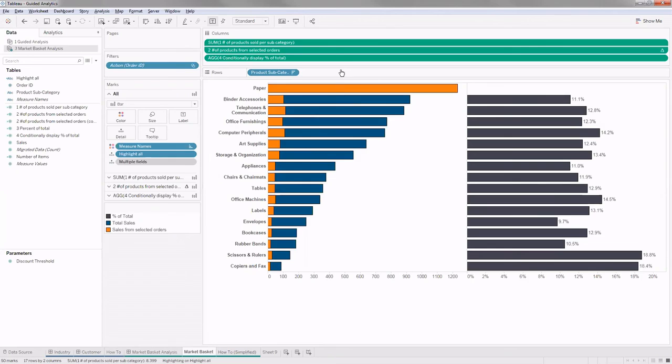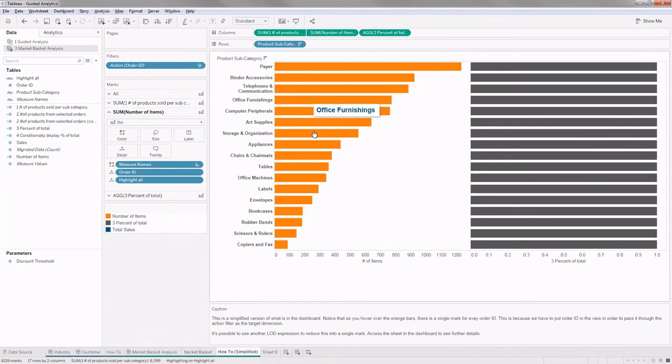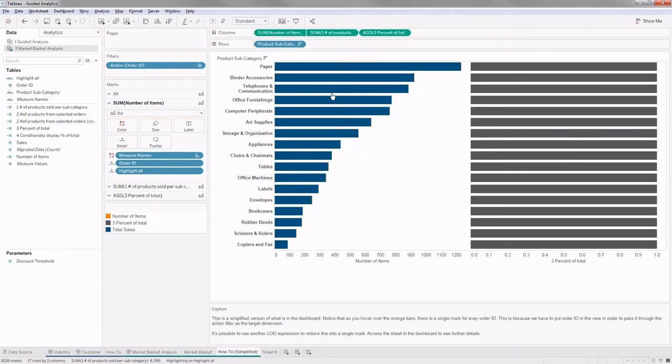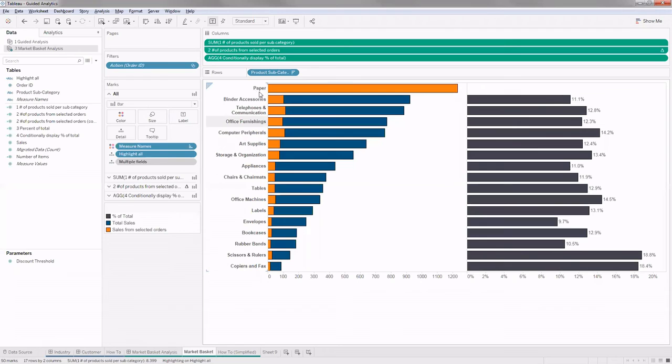As here in the visualization, you can see everything is the same. The blue bar and the orange bar are the same because there is no filter here. But when the action is made and you click on a particular one, the orange bar is getting filtered based on your selection. And the condition on which it's getting filtered is the order IDs.